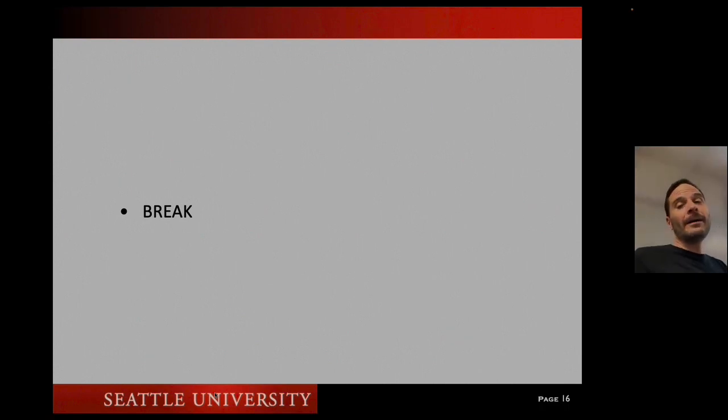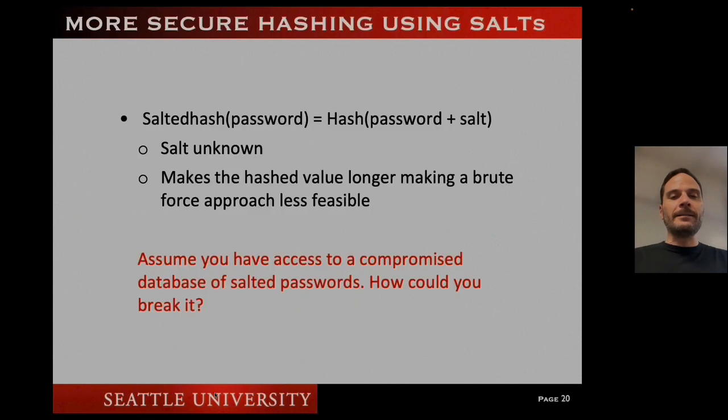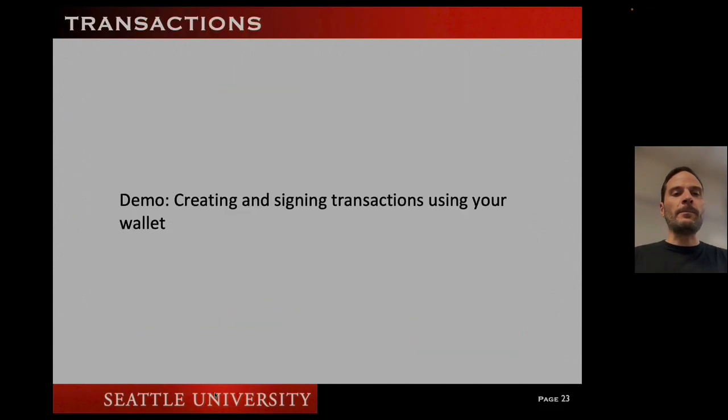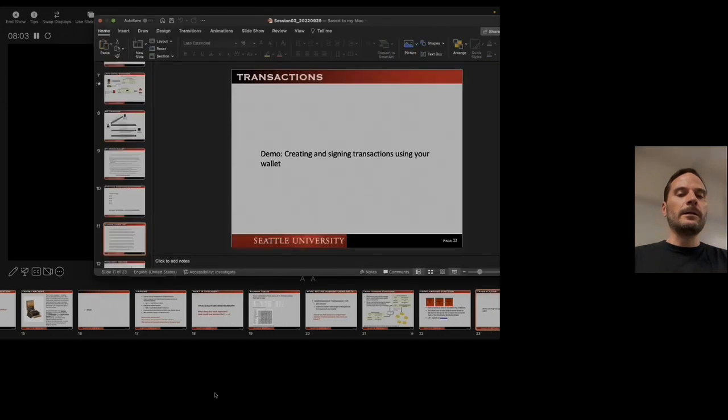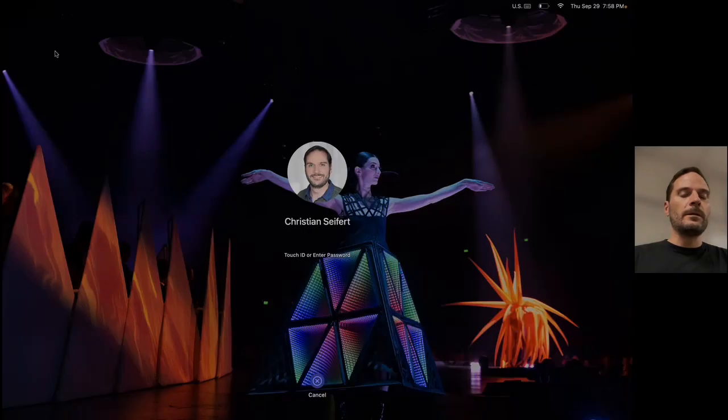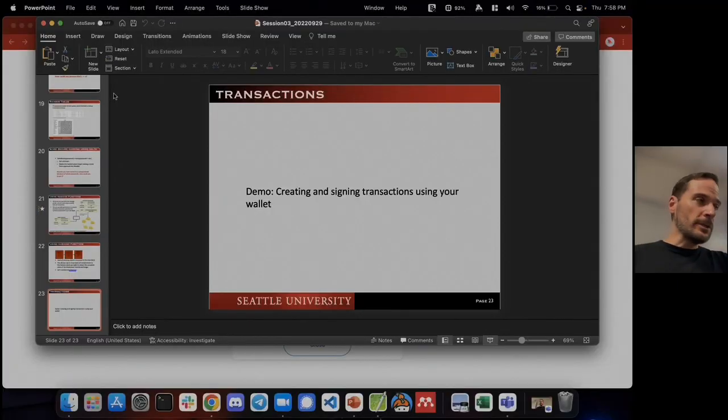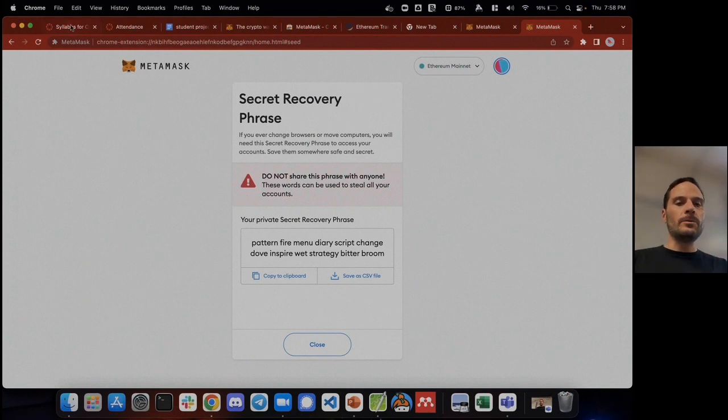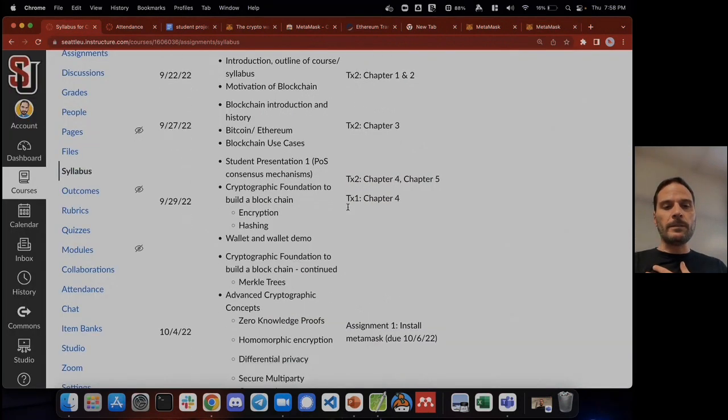All right, we'll no longer have a break. We will go home. But next time we'll catch up on the remaining encryption content. So we'll talk about hashing and then Merkle trees, and then briefly look through the advanced topics. That's what I hope we'll get through on Tuesday. If we look at the syllabus,